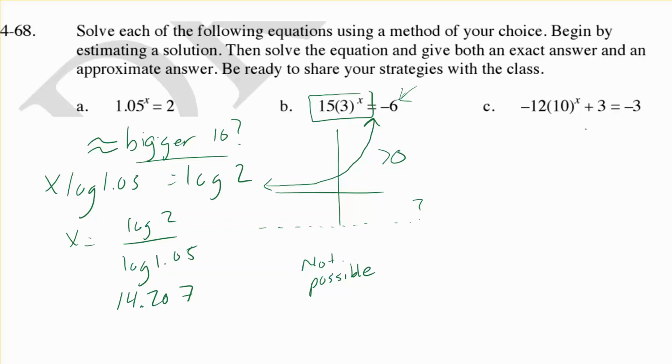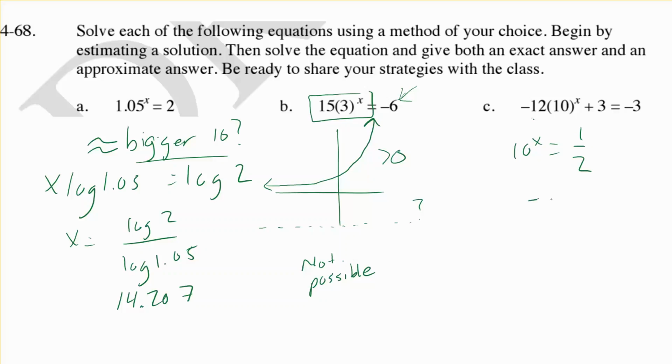Let's look at the next one. This one, we have negative 12 times 10 to the x plus 3 equals negative 3. So I've still got that equals negative 3, but I think something else is going on. I'm going to subtract the 3, get negative 6. Divided by negative 12 is going to give me 10 to the x equals negative 6 over negative 12, 1/2. What kind of a number gives me 1/2? Well, I know that if it's negative 1, I get 1/10. If it's negative 2, I get 1/100th. So maybe